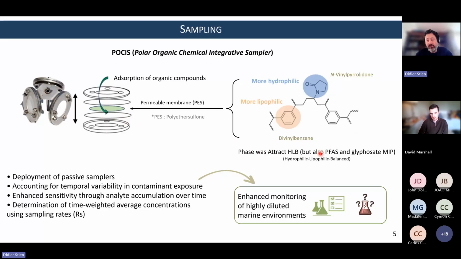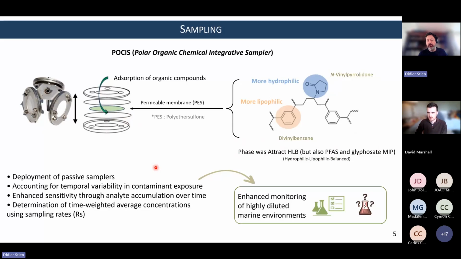Since it's specific, then it's not really untargeted, it's semi-targeted analysis, and glyphosate phase is interesting because of glyphosate, but of course this is really targeted analysis on glyphosate. So I'm going to focus here on HLB, the work that we have on HLB phase. And passive sampler are interesting for several reasons. First of all,